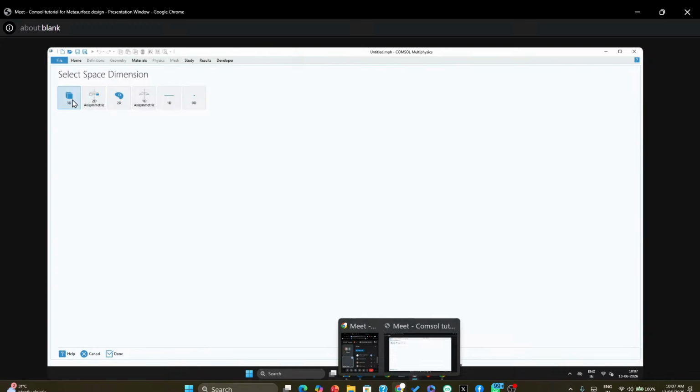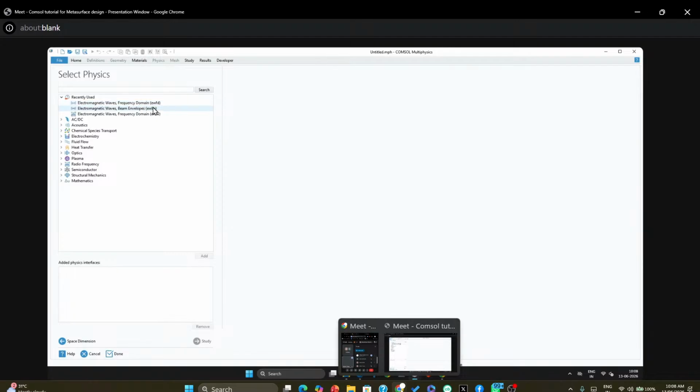So here I will first show you the 3 dimensional metasurface. So I will select 3D space, and then you have to choose which physics you want to use. So here we are using the optics module, and in optics there is wave optics, and